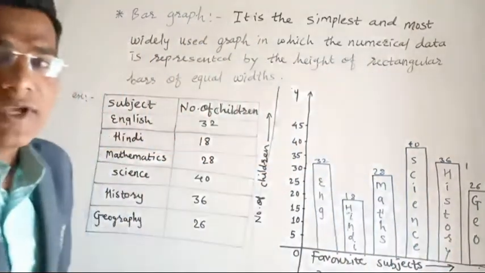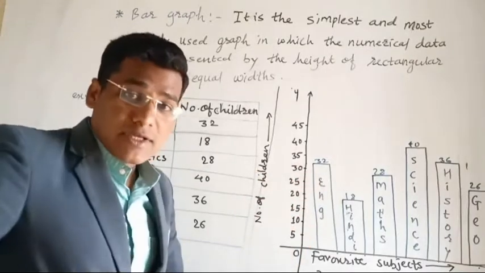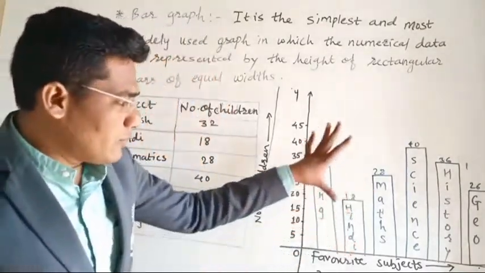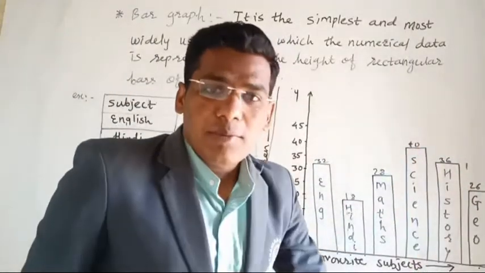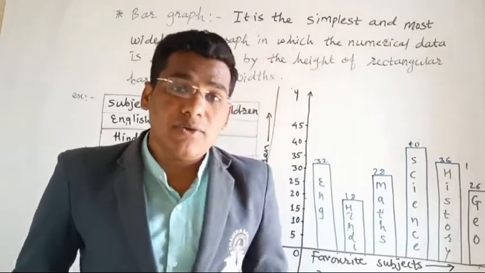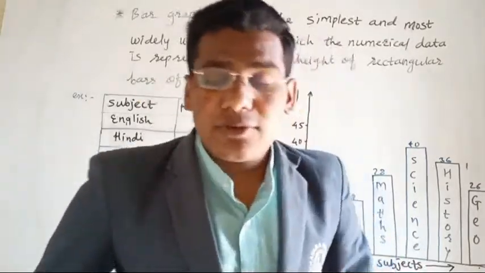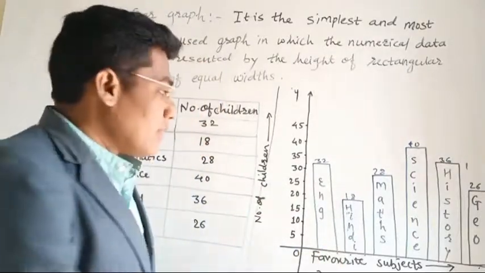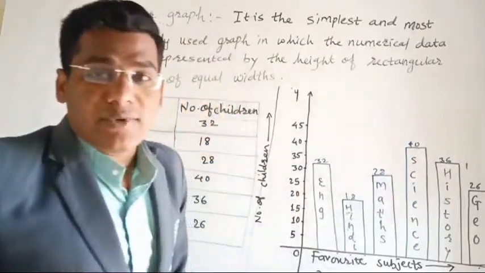So this is how we can draw the bar by using a graph paper. It does not look very good because I did not use the graph paper. But if you use the graph paper to draw the bars, then it will be very good to see, and you can also get perfect columns in a straight way.